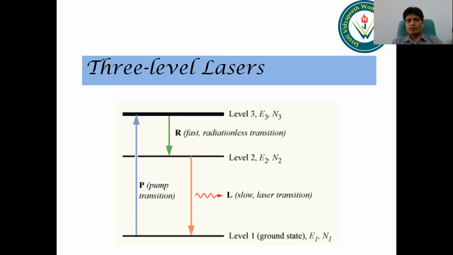As the energy level E2 is long-lived, the atomic population of metastable state E2 goes on increasing gradually, while the atomic population of ground level E1 goes on decreasing. When the atomic population of level E2 becomes more than half of the atomic population of lower level E1, population inversion is achieved. Now a photon of energy h nu, equal to E2 minus E1, can initiate stimulated or laser transition. This type of method, the three-level laser, is usually followed in the Ruby laser, but it has a drawback: it generally requires very high pumping power.